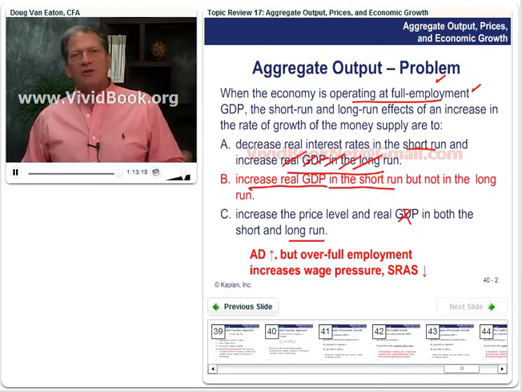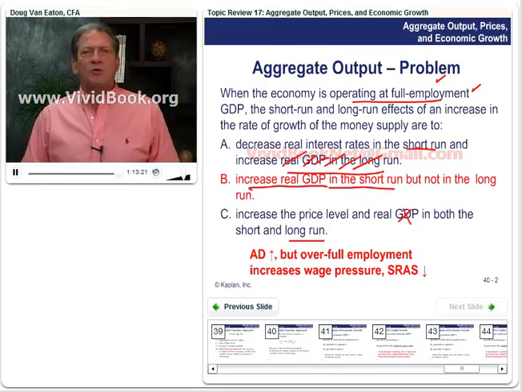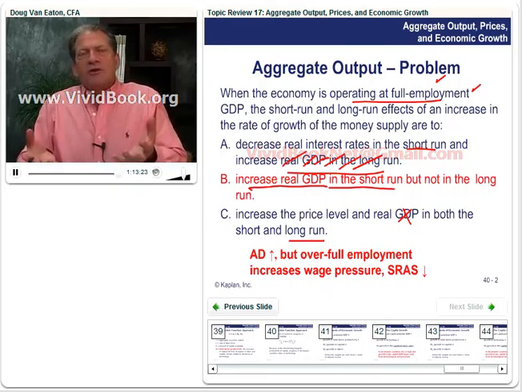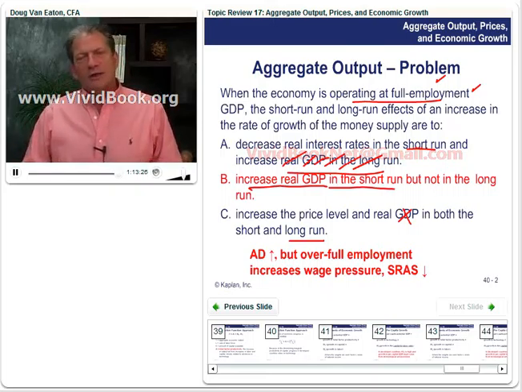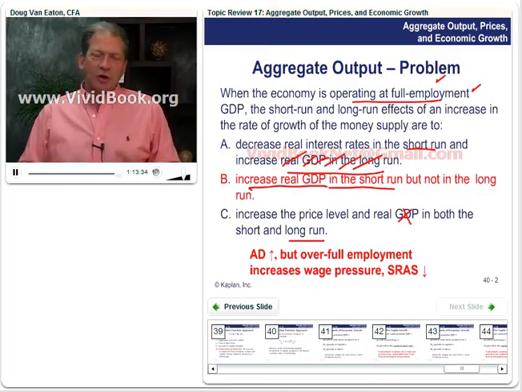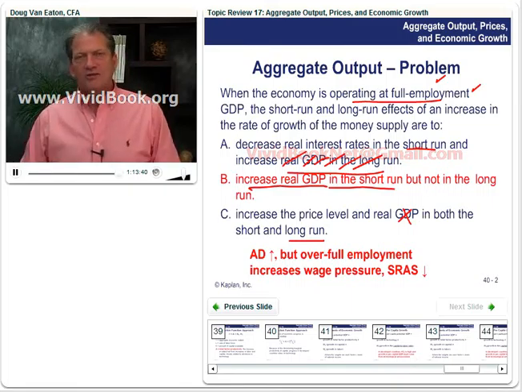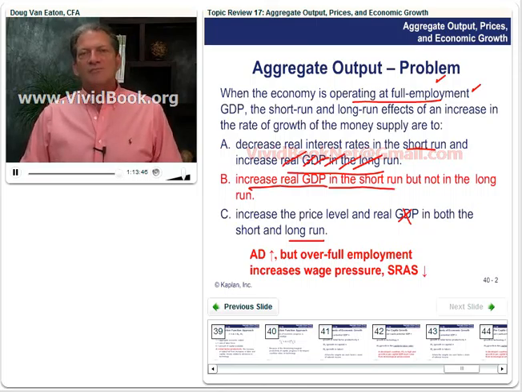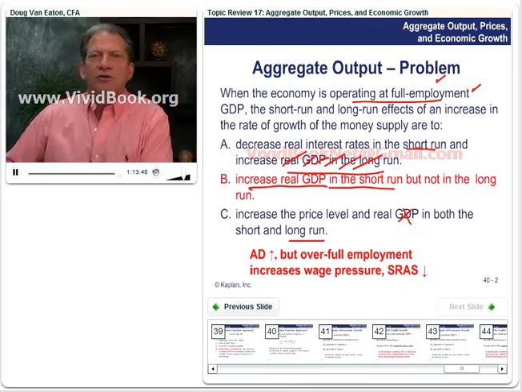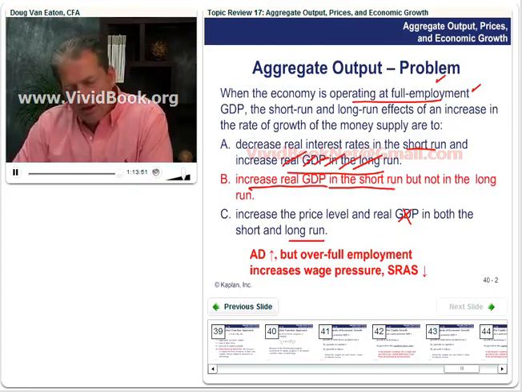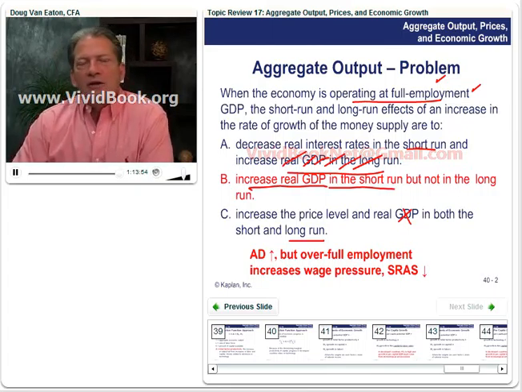So aggregate demand increases. We get to over full employment in the short run. That increases those wage pressures. Input prices go up. Short-run aggregate supply decreases. Output declines in the long run, and prices go up a little bit more. So this increase in the money supply starting at full employment GDP is going to translate all into higher prices in the long run, with no long-run gains in the potential output, the actual output, in terms of real goods and services of the economy. So we'll see some of this when we look at monetary and fiscal policy a little later in the curriculum.